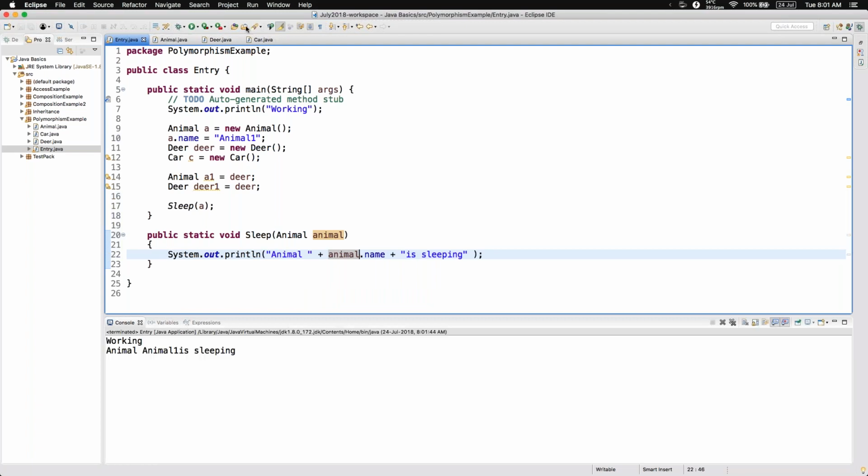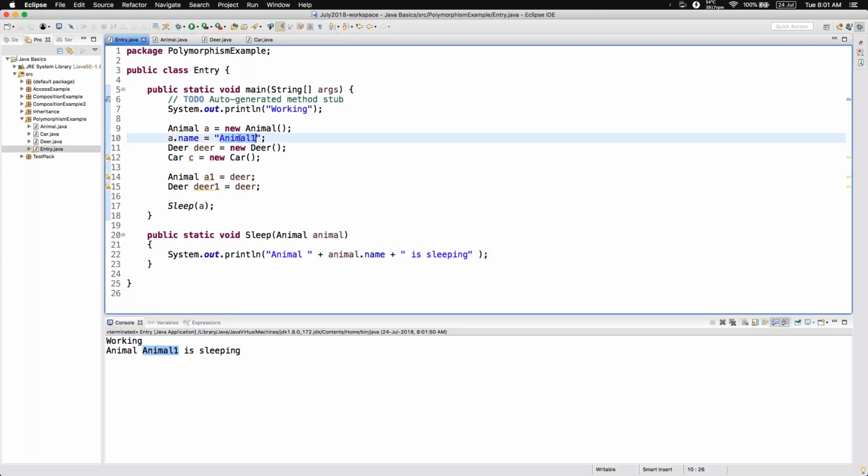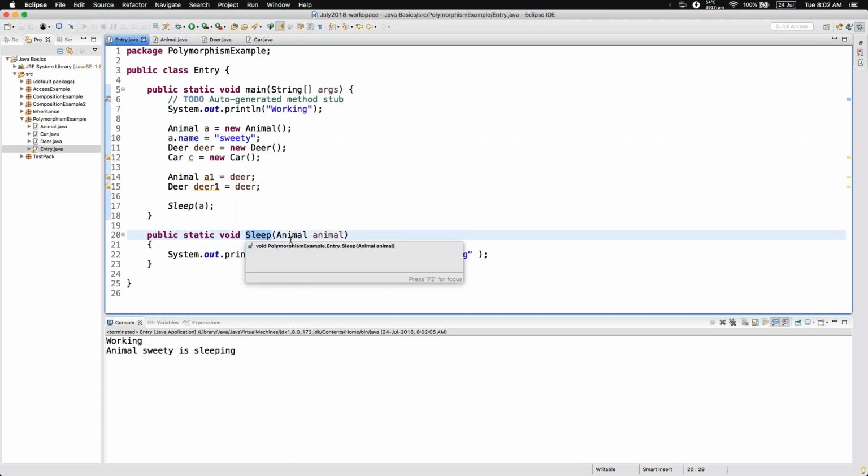So far is it good? Let me give a space here. Animal 1 is sleeping, okay. Or I'll give some name, maybe sweetie. Animal sweetie is sleeping. So far clear? Yes, Vinod. I have a function, I'm having animal, and I'm passing this, okay. Animal is sleeping. Now